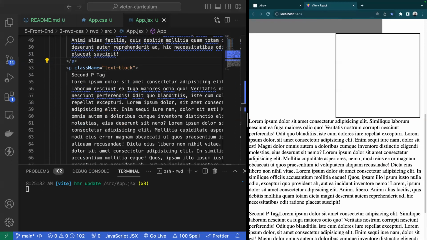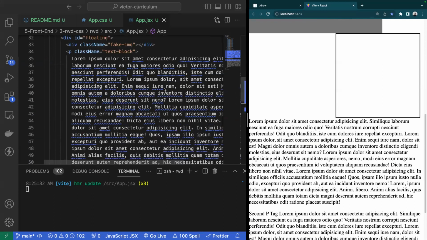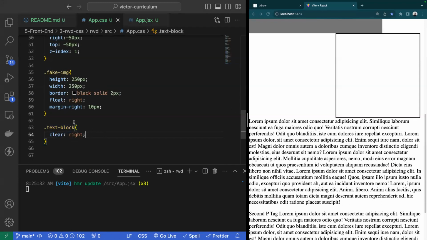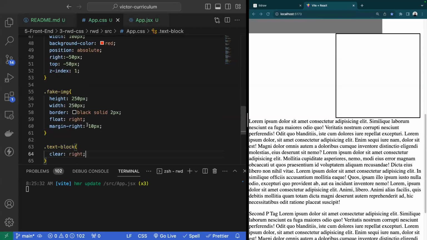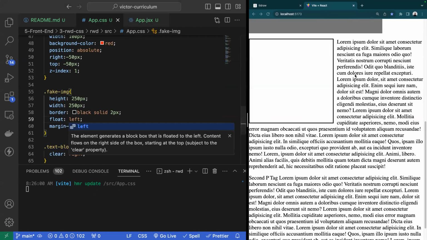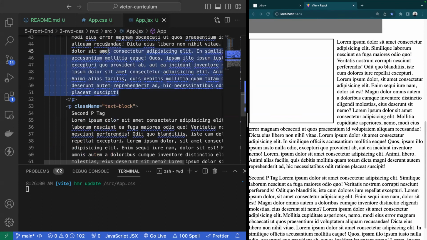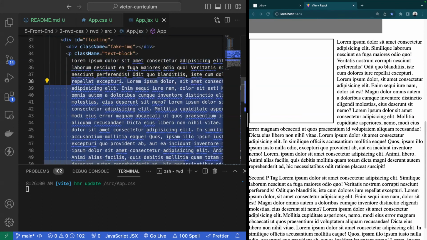Okay, so here's our second p tag, right? And we see that it's falling next to each other. So now, even though we have multiple elements, it's only addressing the very next one, right? So here's our fake image, and our float and clear functions are only referencing the first p tag, not the second. And that's always going to be by default. If I put it to the left, it only falls to the left of the first paragraph tag, not the second. So even if I made my first p tag have a lot less lorem,